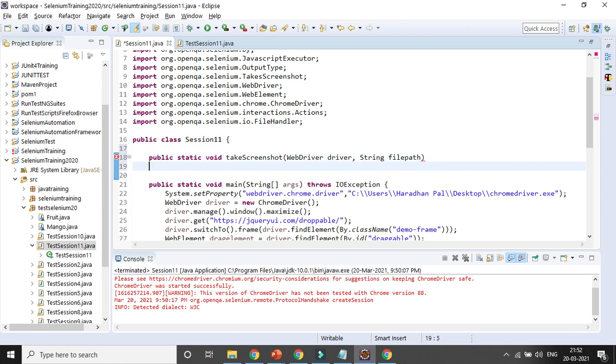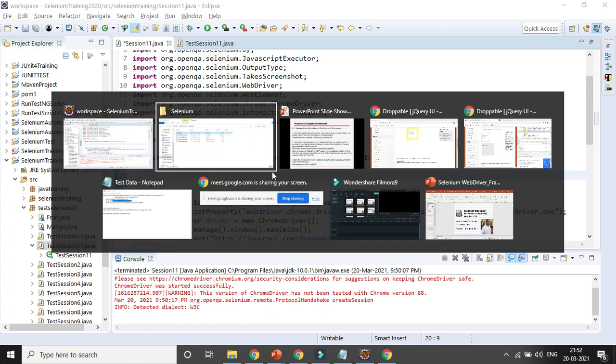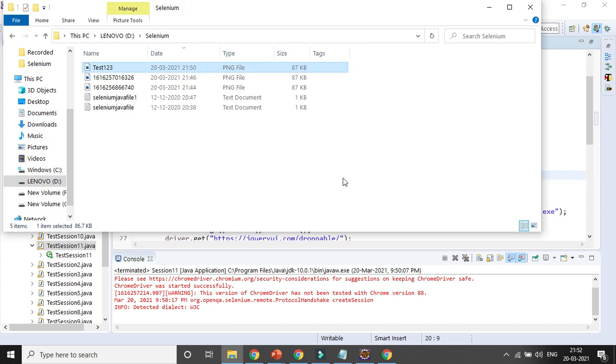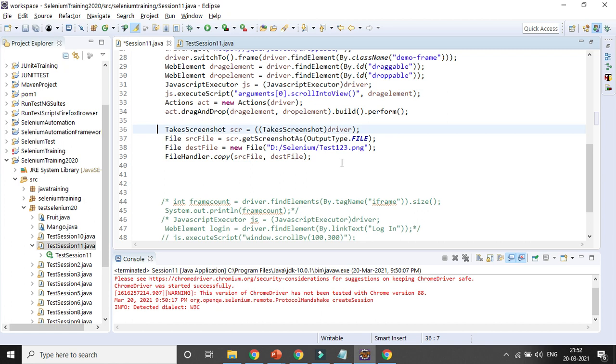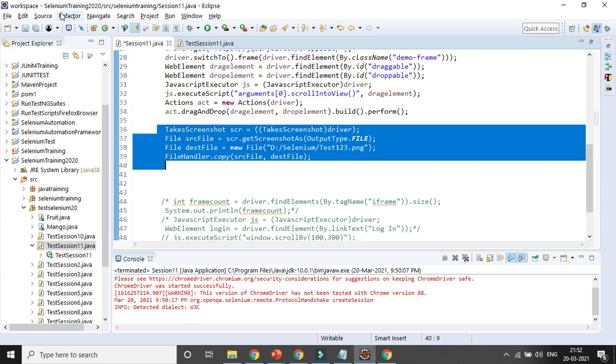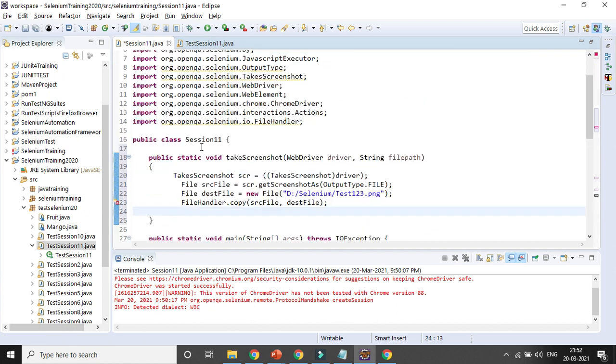So you already know how to create a function. You need to give double brackets, right? So here I will be copying those lines of code, instead of hard coding it here. So let's comment out the code. I am commenting it out here, and I am taking the same lines of code and pasting it, because I am creating a new function. And here, instead of that file path, I will be using the file path variable, because I am passing it through my script.